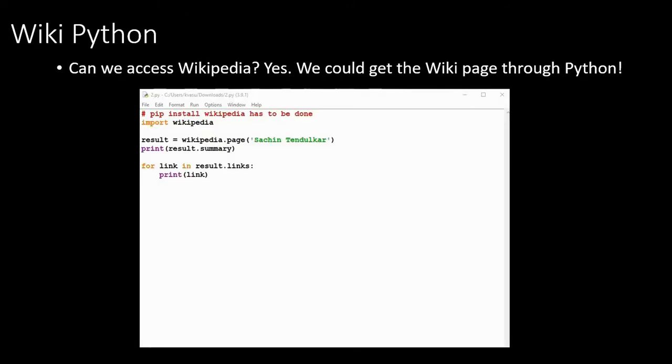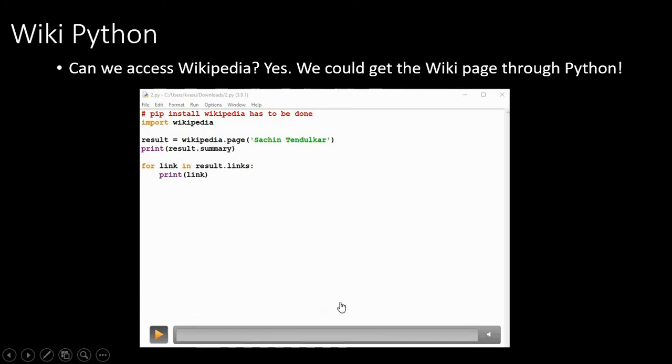Right. The next one is a very interesting piece of information. Can we use Wikipedia from Python? Yes, it's possible, but for that you need to first pip install wikipedia. Once you do that, you can import wikipedia and you can search with wikipedia.page. Inside that, in single quotes, you can give whatever content you want to search for from the Wikipedia page. So I have used Sachin Tendulkar, and you can print the result summary, and it goes until you get the complete information on screen, and I'm going to run it right now for you.